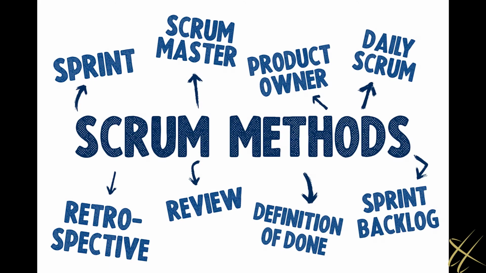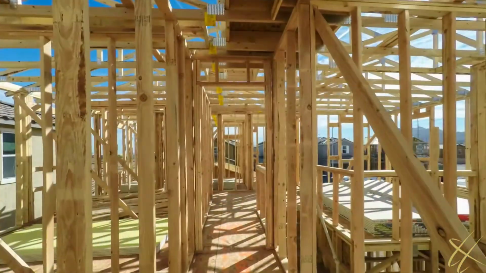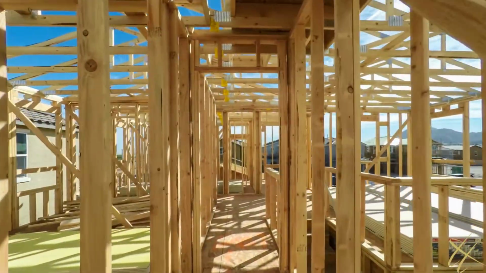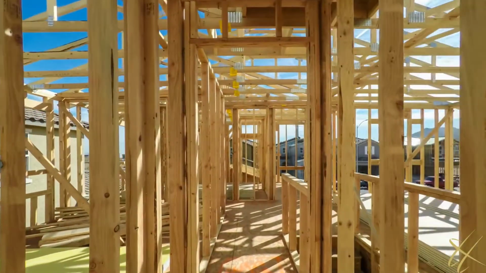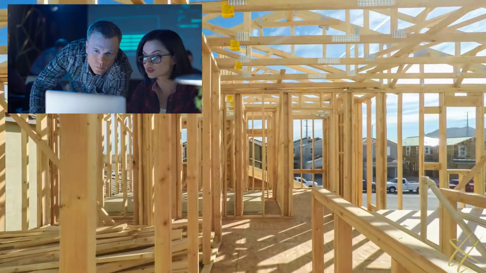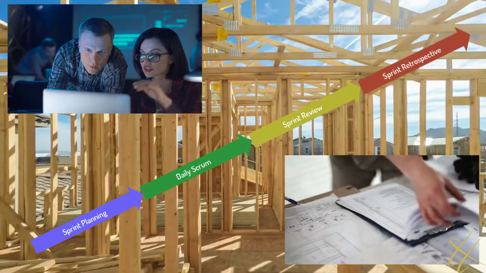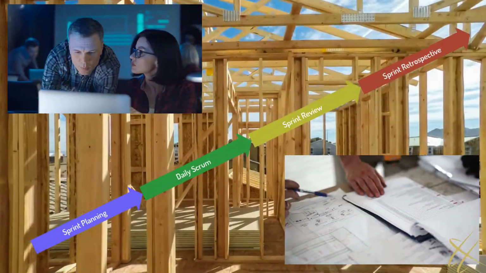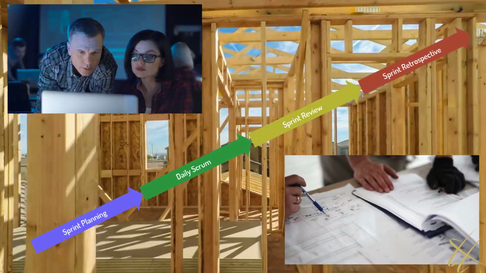Scrum is a process framework within which people can address complex, adaptive problems while productively and creatively delivering products of the highest possible value. Scrum is not a process, a technique, or a definitive method. Instead, it is a framework within which you employ various processes and techniques. The Scrum framework includes Scrum teams and associated roles, events, and artifacts. Each component serves a purpose and is essential to Scrum's use and success.